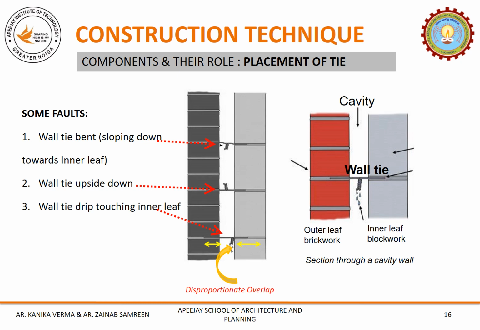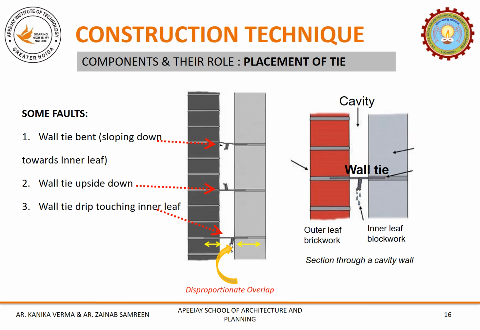The second fault observed is the placement of the central drip towards the upward side, which does not let the drip serve its purpose of dripping the water in the cavity. So it always and must be placed downwards to let the water shed right in the center of the cavity. The third fault observed is the placement of the wall tie at one side, which means that it should be kept centrally and not touching any of the sides, to avoid any drip touching any side of the wall and letting the water seep through it.